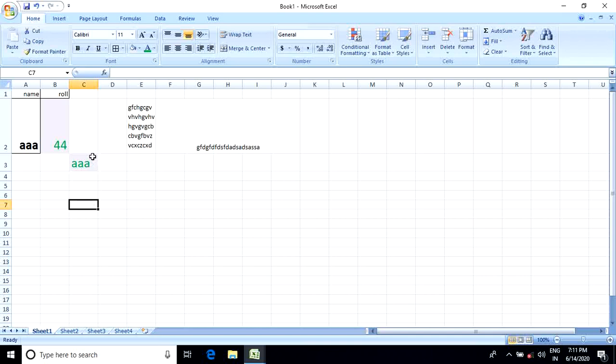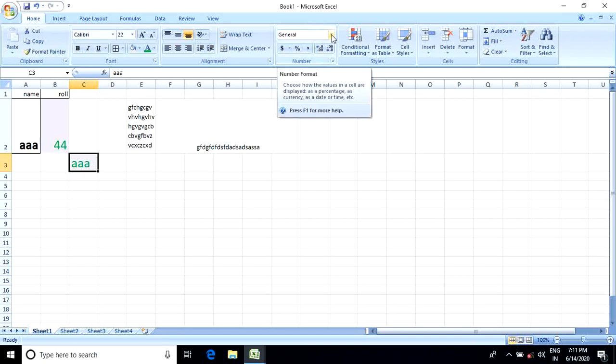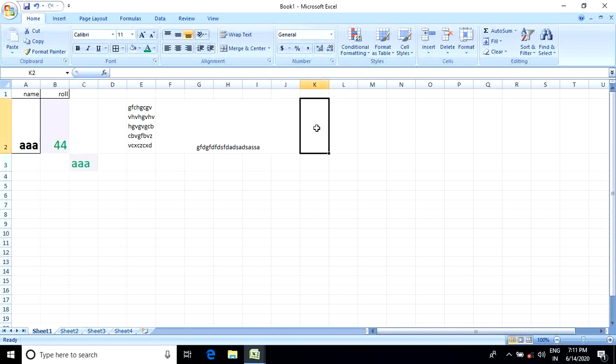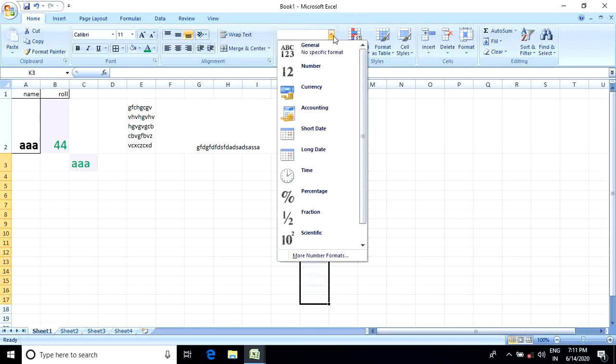Now suppose this will be a general format. Select the cell and general. Suppose here you write date. Now this cell value contains the date, then you just click over here and select the date format from here, date, long date, short date or time.